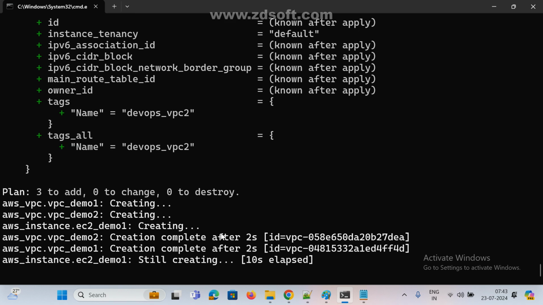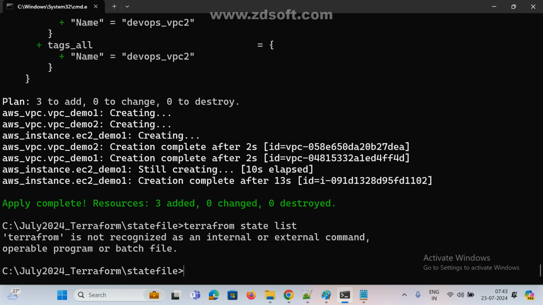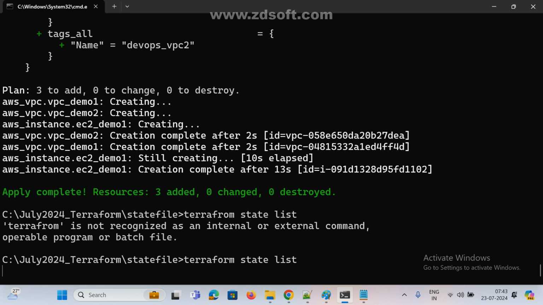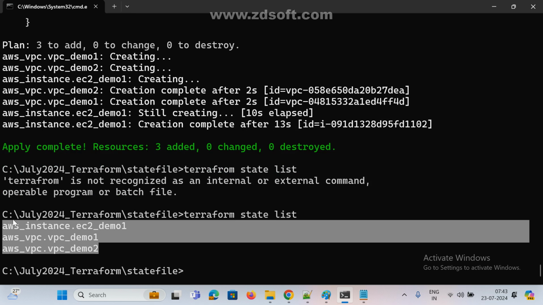How many should come for us, 3, 2 or 1? Terraform state list. Typo error: terraform state list. Now see here, we can use a list.